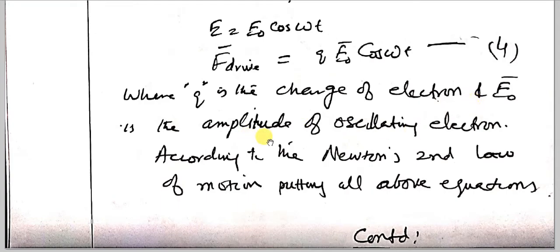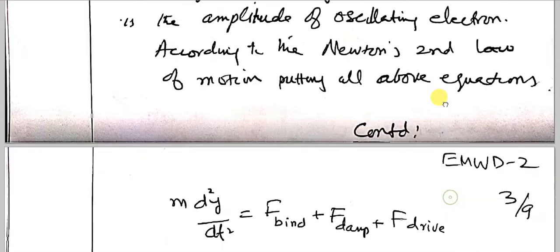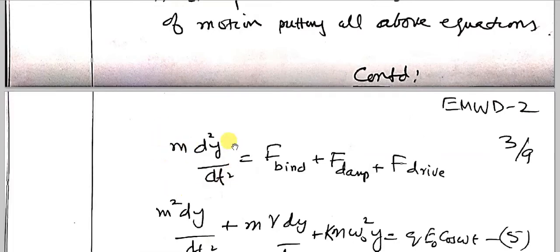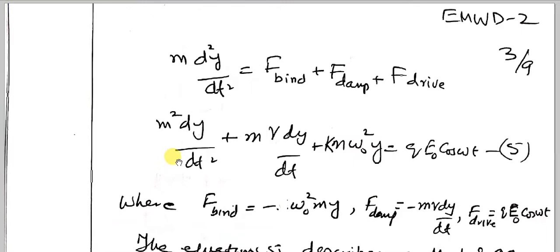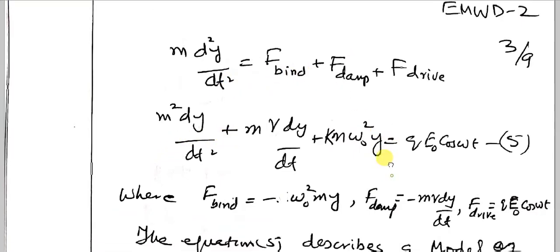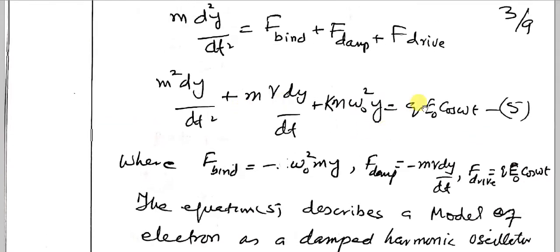oscillating field. According to Newton's second law of motion, putting all the above equations, the equation of motion for the oscillatory motion is m d2y by dt square equals the sum of all these forces: the binding force, the damping force, and the driving force. So putting the respective terms here and rearranging, we get equation number 5, which is m d2y by dt square plus m gamma dy by dt